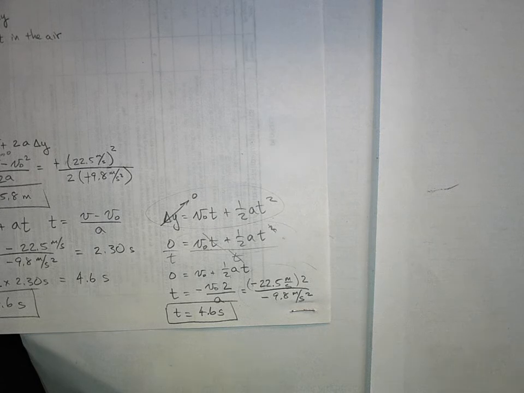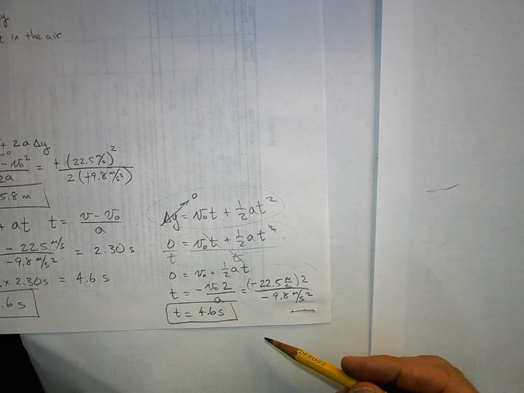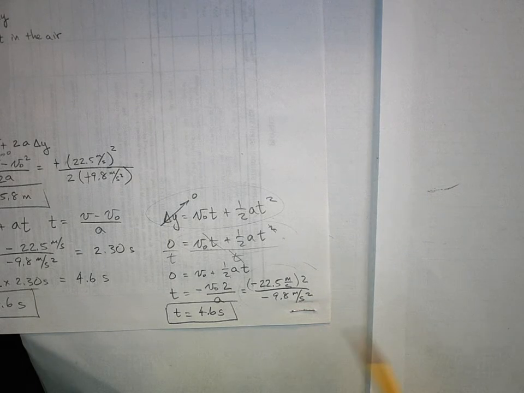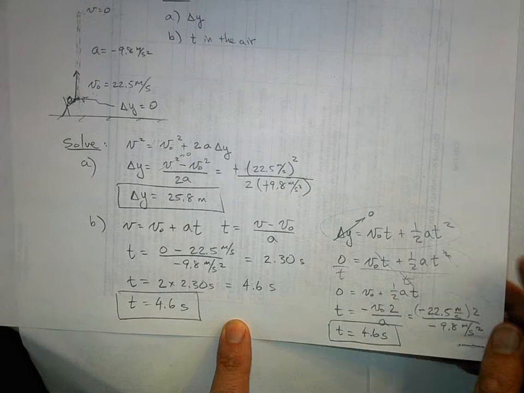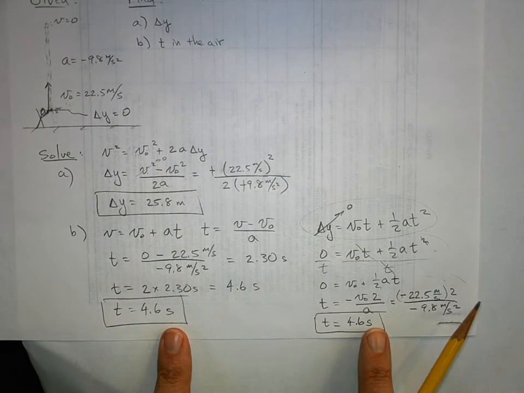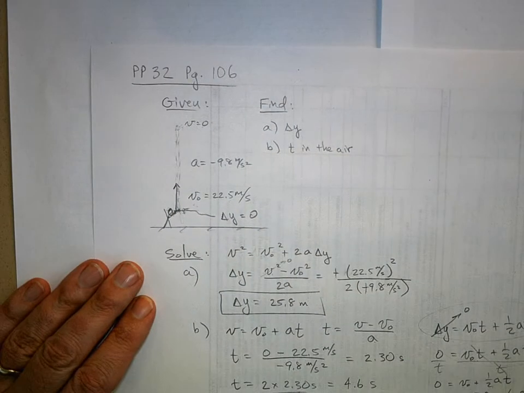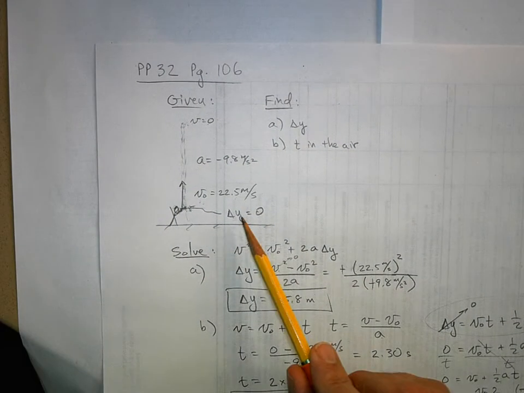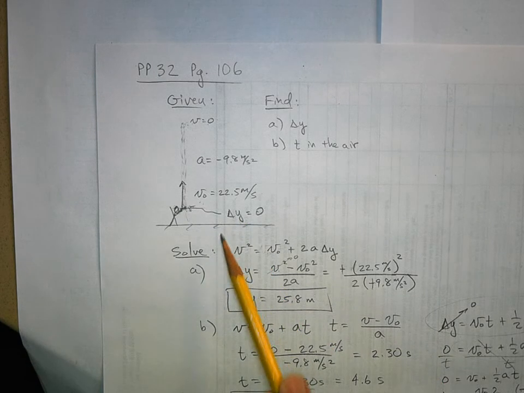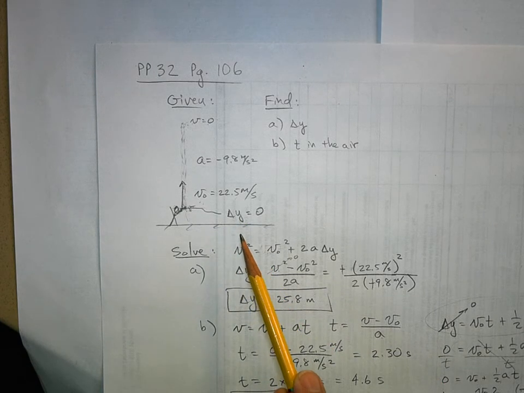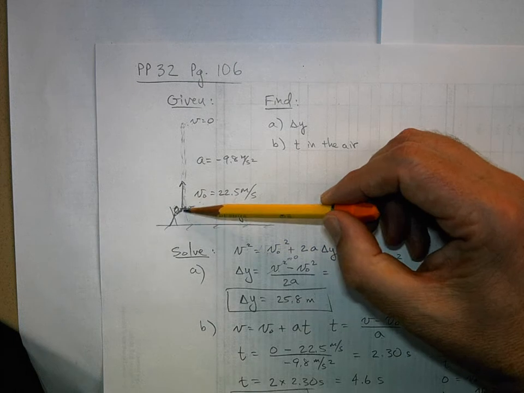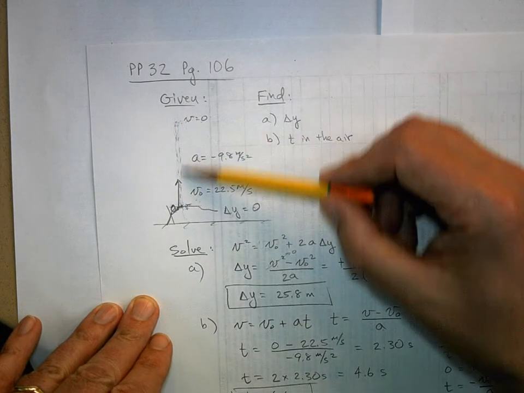So when you do it this way, you don't need to figure it out for half the problem and then double it at the end, which is what we did over here. So either way of doing this works just fine. Okay, but what's the big idea? The big idea is this. There are more things given in a problem sometimes than they tell you. If a ball is thrown up and it goes up and back down and you catch it at the same